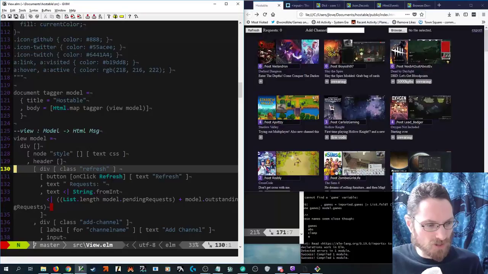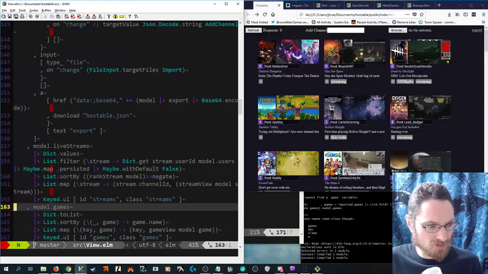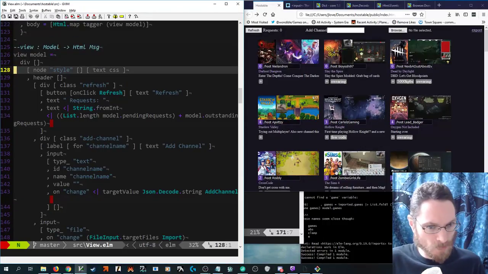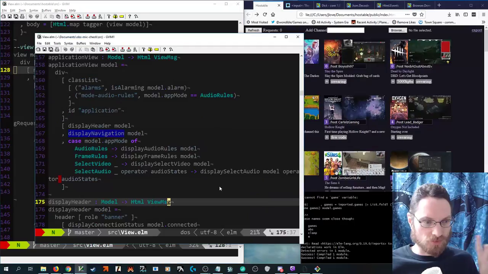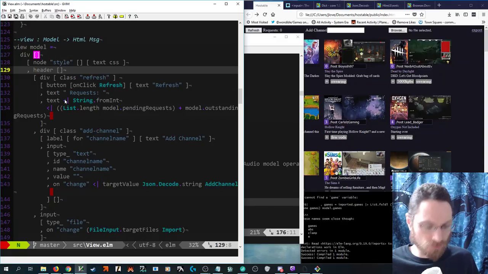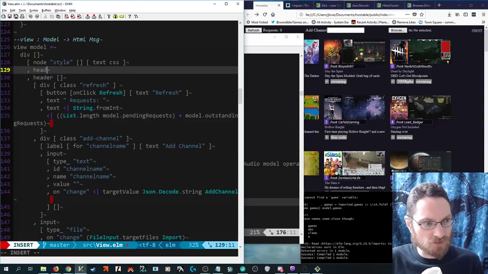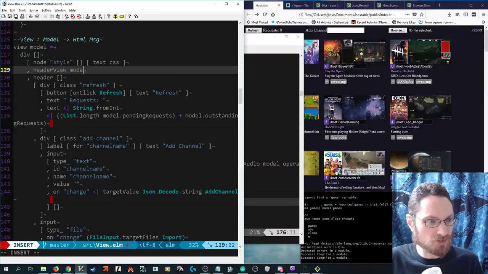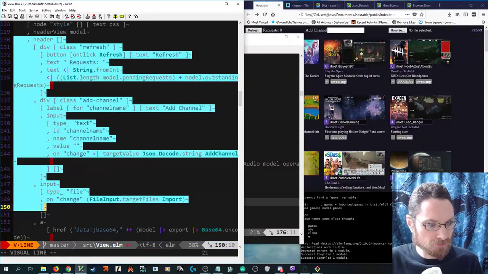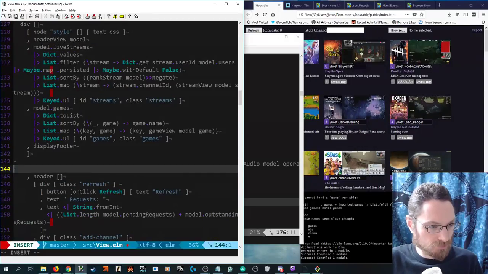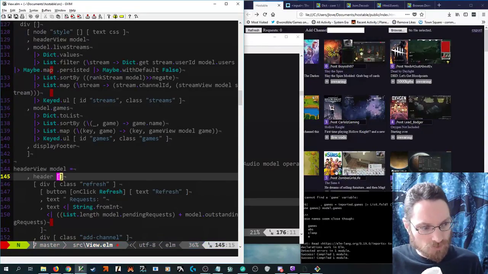All right, so we've got a header. It's all in this thing. That could probably be pulled out. Now header. So this is actually one of the, well, no, we call it the display header. Maybe we should call it header view. I'm doing a little bit more of that. So header view. It is pulling stuff from model. I've not gotten specific about what it needs out of that model. Header view model equals